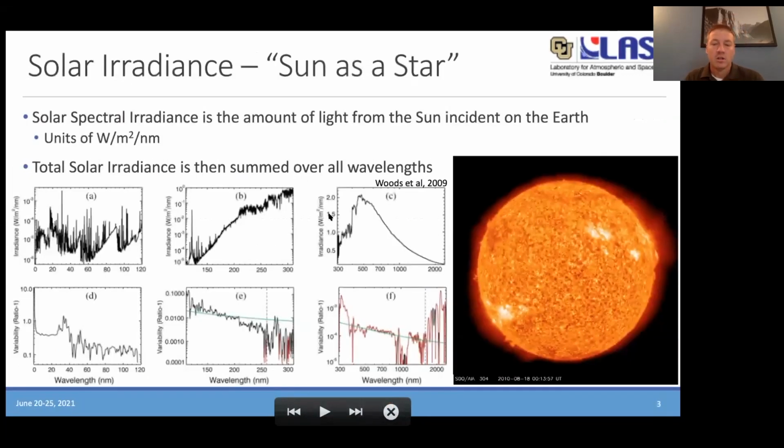So, solar irradiance. Solar irradiance is really cool. With my involvement when I was at Goddard with SDO, SDO has an AIA imager on board that produces these very beautiful images of the sun that you can see on the right. This one is in the helium-II 30.4 nanometer emission line. What solar irradiance does is take all these beautiful fine features of the sun and integrate over all of them. So the sun is a star.